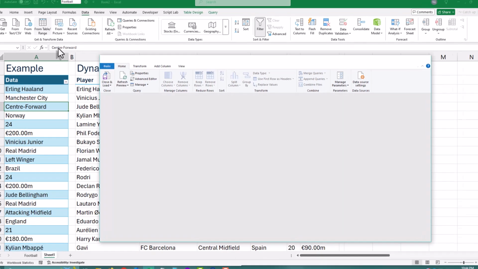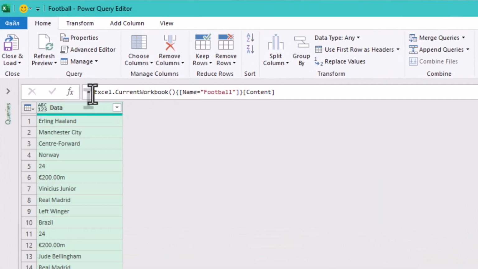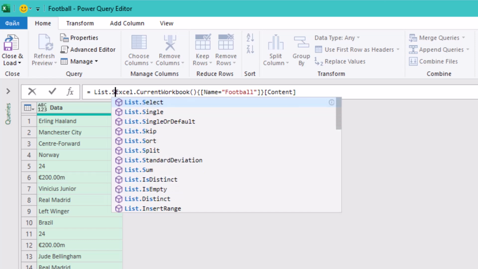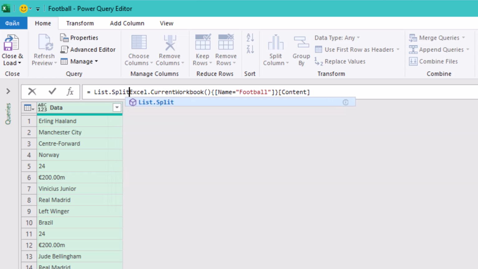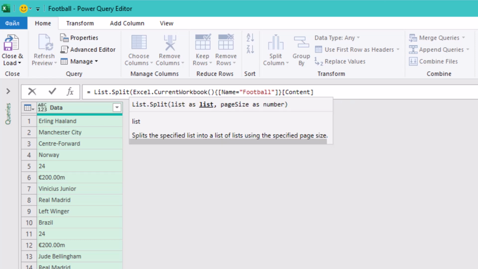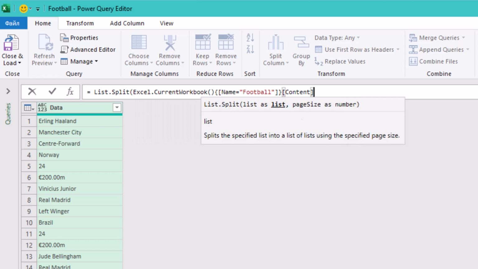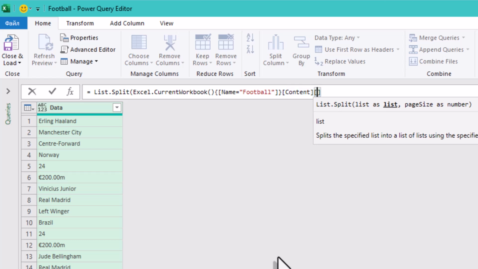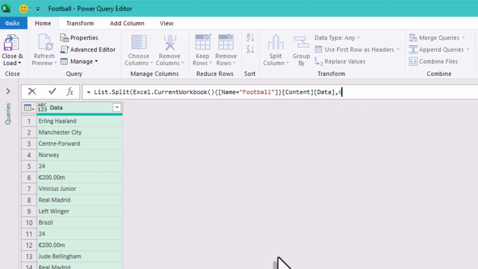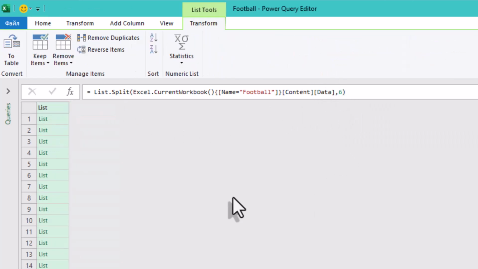Start by loading your data into Power Query using From Table Range. Here we will use the List.Split function. This lets us break up the data into groups of 6 rows, giving us one mini list for each player. We need to specify the column we are using, data in square brackets, and then set the second argument to